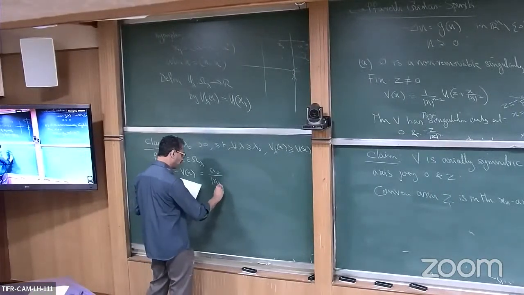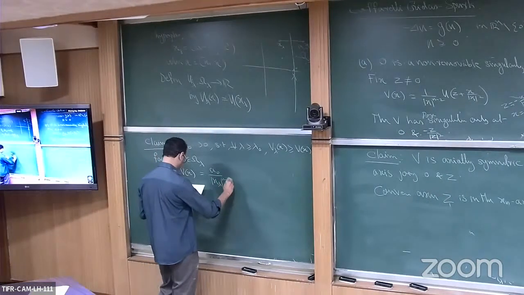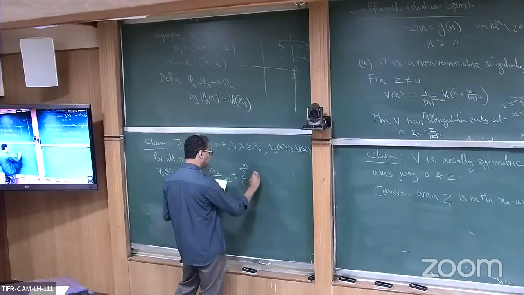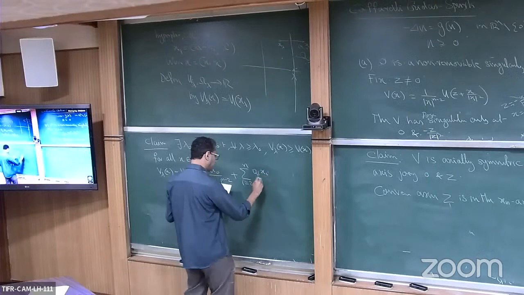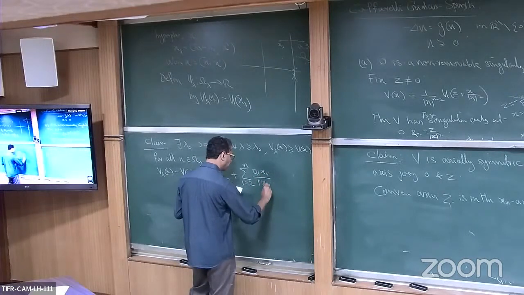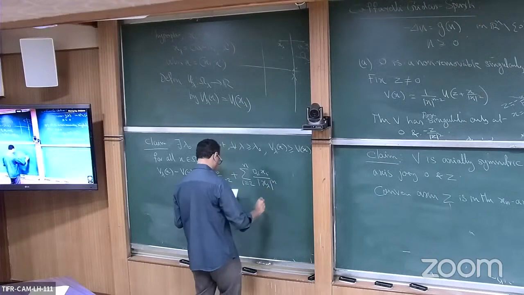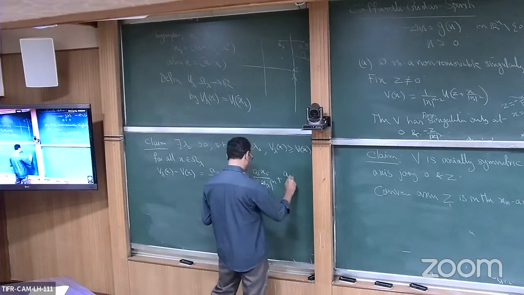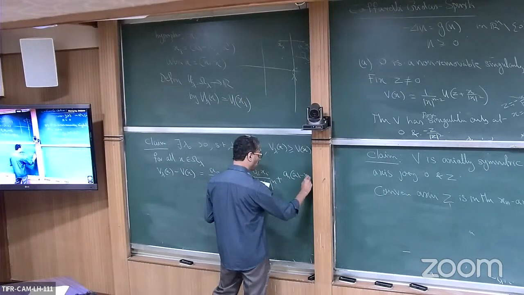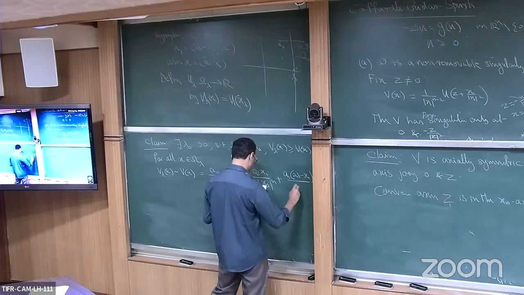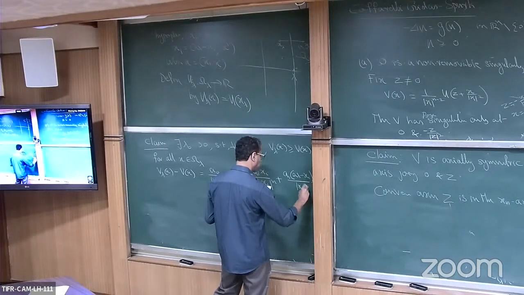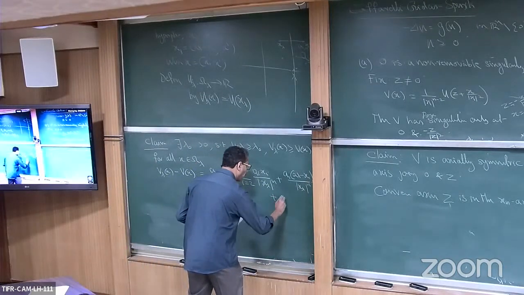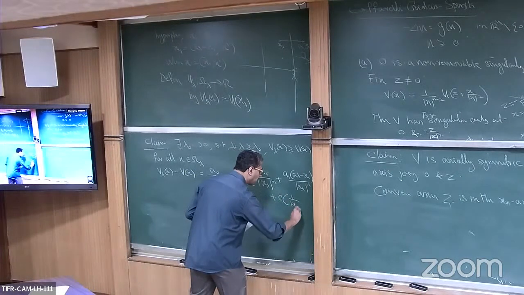So I will just write down whatever I have: a0 by mod x lambda to the n minus 2, plus sigma i equals 2 to n, a_i x_i divided by mod x lambda to the n, plus a1, and the first coordinate is 2 lambda minus x1, divided by mod x lambda to the n. Okay, and then you will have terms like plus order of 1 by mod x lambda,